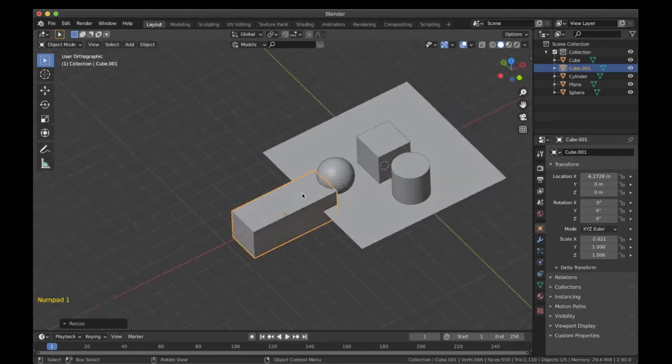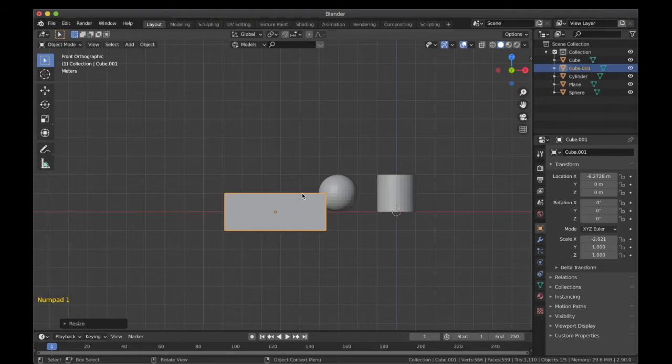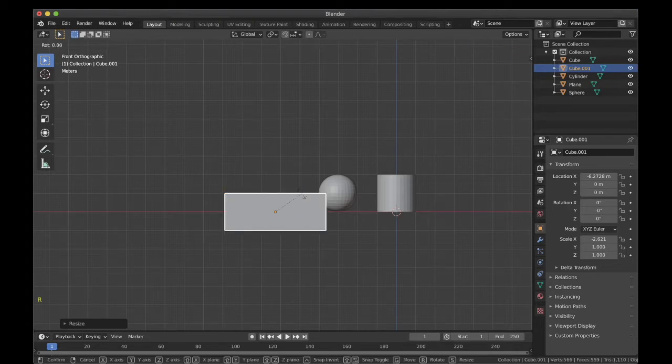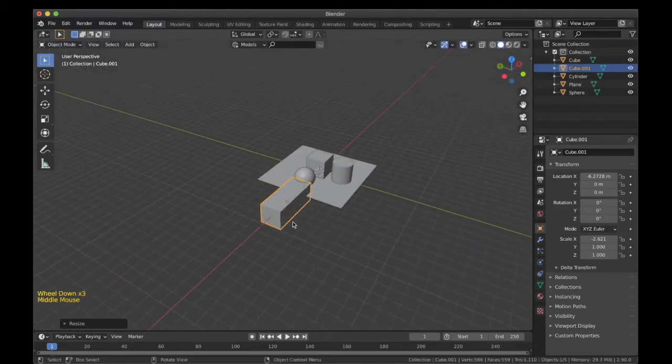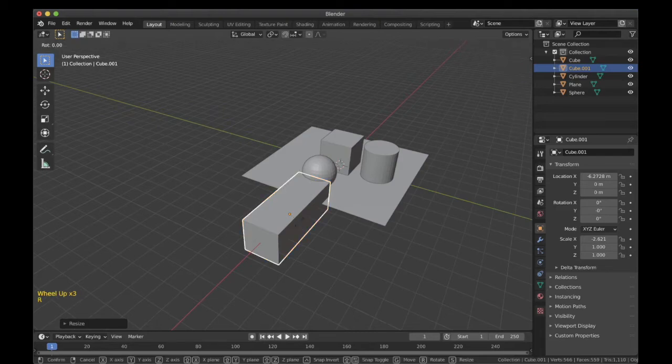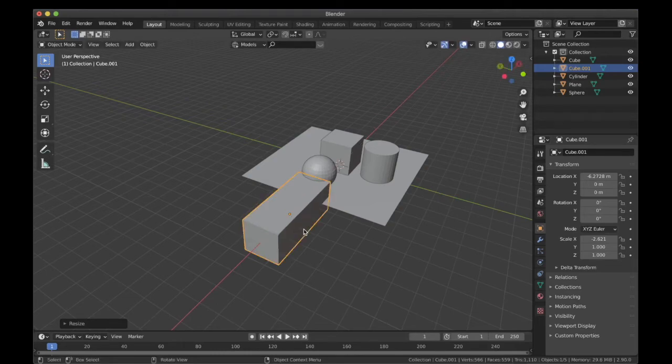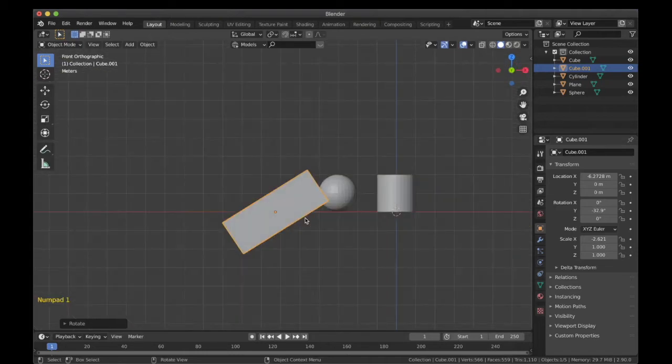So I'll go to the front view and this time it is currently oriented along X at 0 degree, which means there is no rotation to it right now. Now if I press R and then I press X, you can see it's rotating. I'll show that to you in another view. Now if I press R and then I press X, which means it's rotating along X. Now if I want to rotate it along Y, I'll press R and then Y. To see that better, I'll go to the front view again.